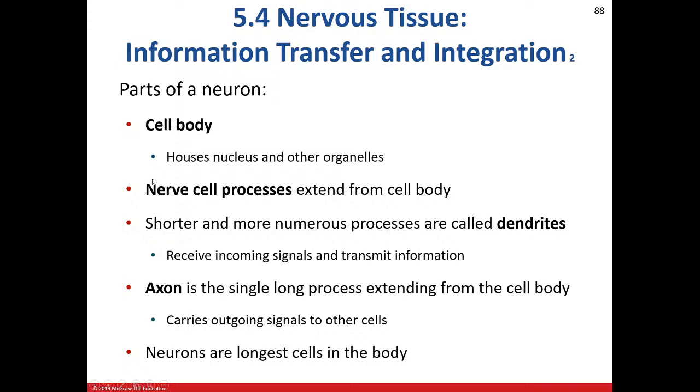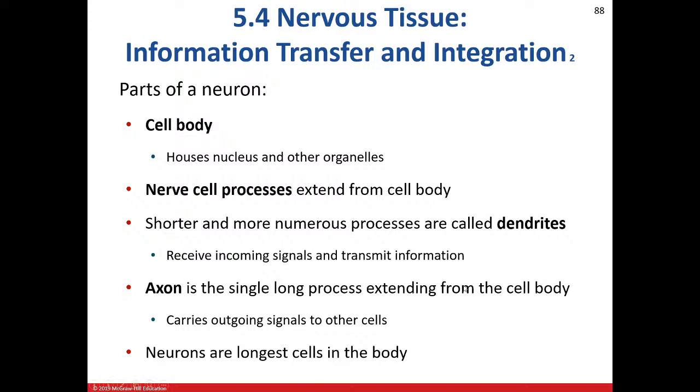Off of the cell body come nerve cell processes. They extend off of the nerve cell body. Shorter and more numerous processes are called dendrites. All right, so the dendrites receive information from other neurons or sensory cells. The axon is a long, thin process that leads away from the cell body, and that carries information to other